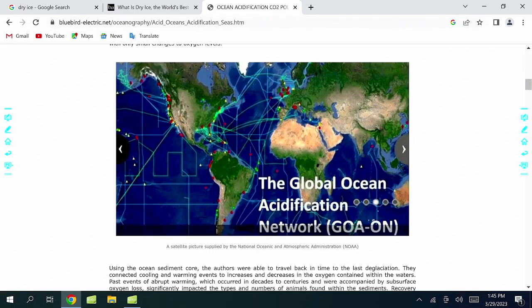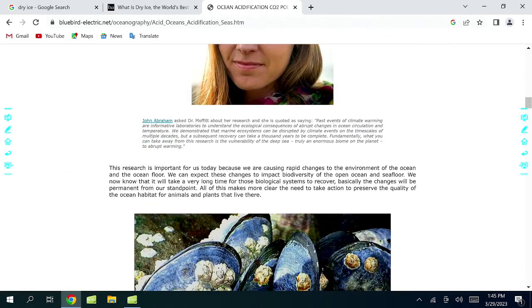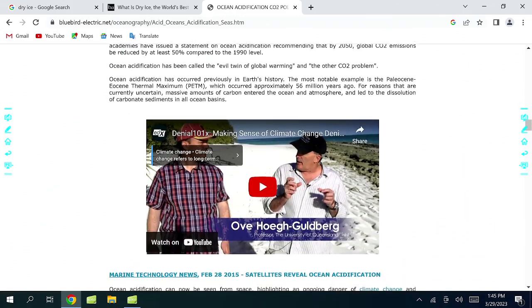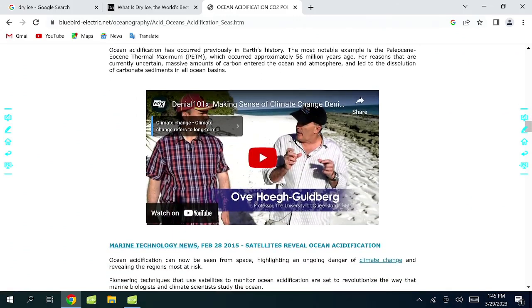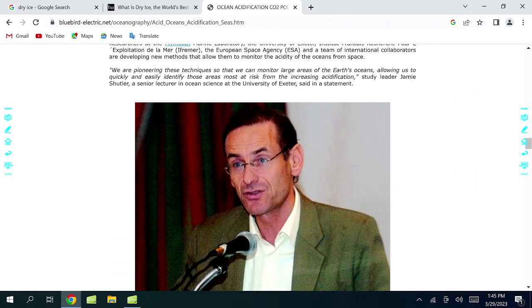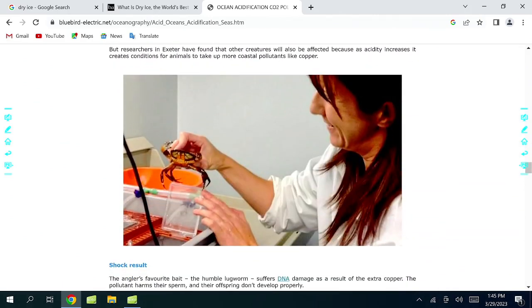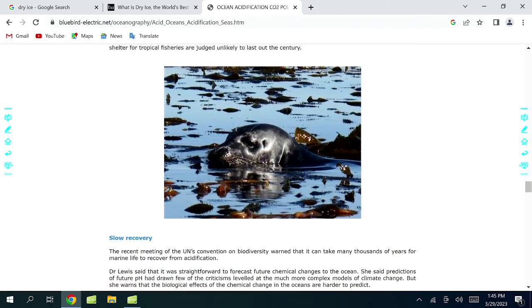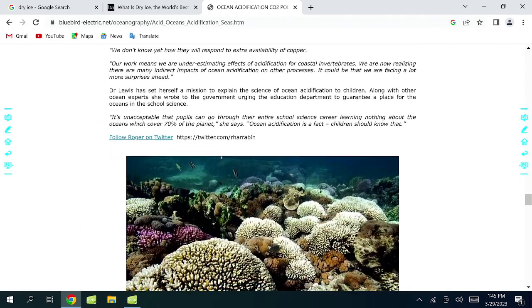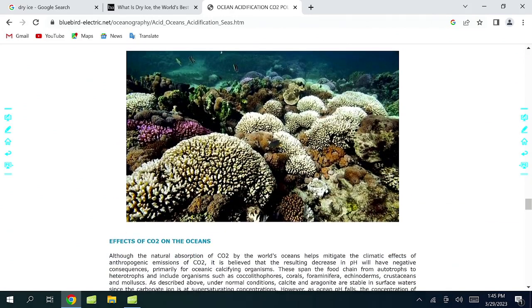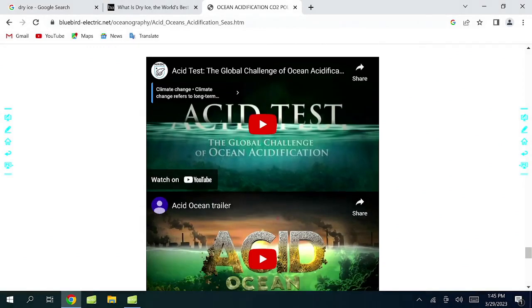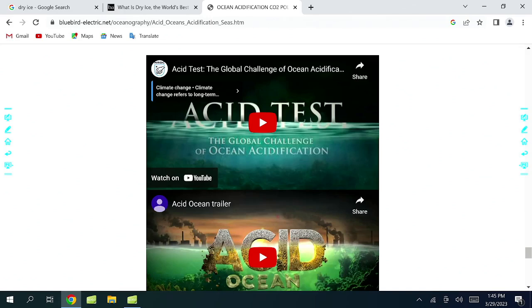It shows all this. You have to read such kinds of websites. You can see this ocean acidification which is causing the problem there. You will find all of this. These are research articles which you will come across. Crabs and all are dying. Now see, seals and walruses are getting affected. Again the coral reefs, and ocean currents will get impacted. And you can see here what is given: the global challenge of ocean acidification.